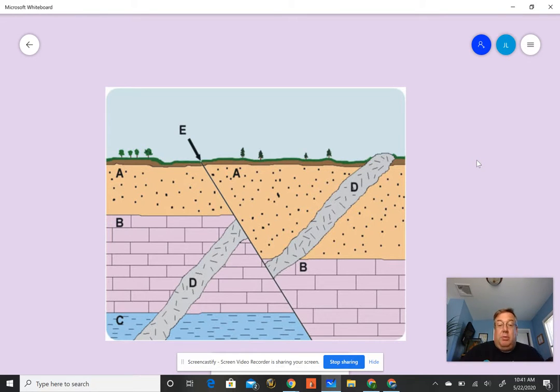All right? So when I look at this, I said the oldest rock is always going to be on the bottom. Well, if I look at the right-hand side, B is at the bottom. But if I look at the left-hand side, C is at the bottom, and it's underneath B. Okay? So,